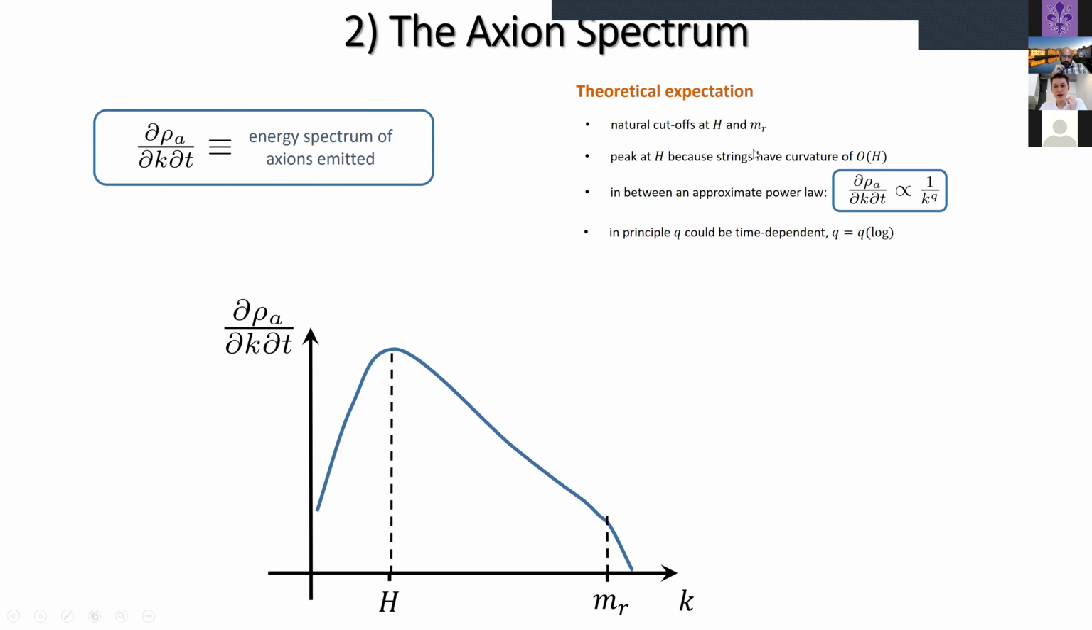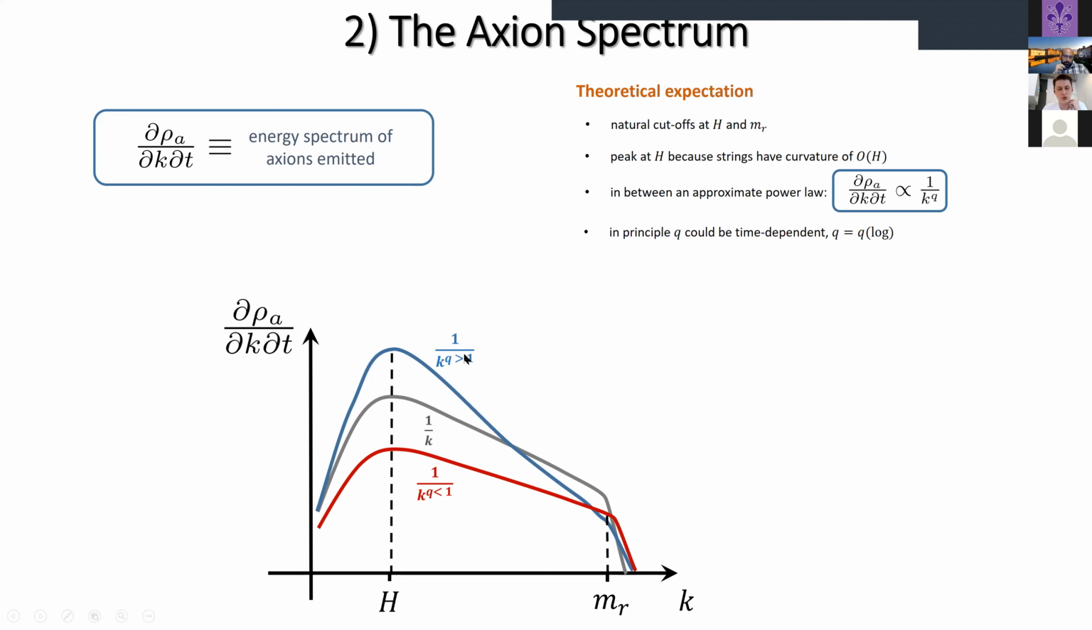And in between, since there is no scale between H and m_r, the spectrum should be approximated by a single power law, which we call 1 over k to the q. And q is also called the spectral index. This q determines the hardness of the spectrum, which means whether the spectrum is UV dominated or IR dominated. So if q is larger than 1, the spectrum is IR dominated,